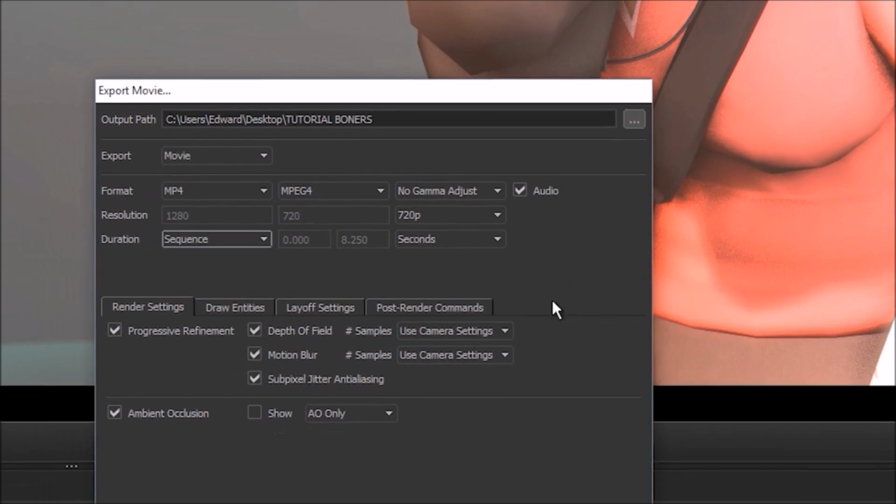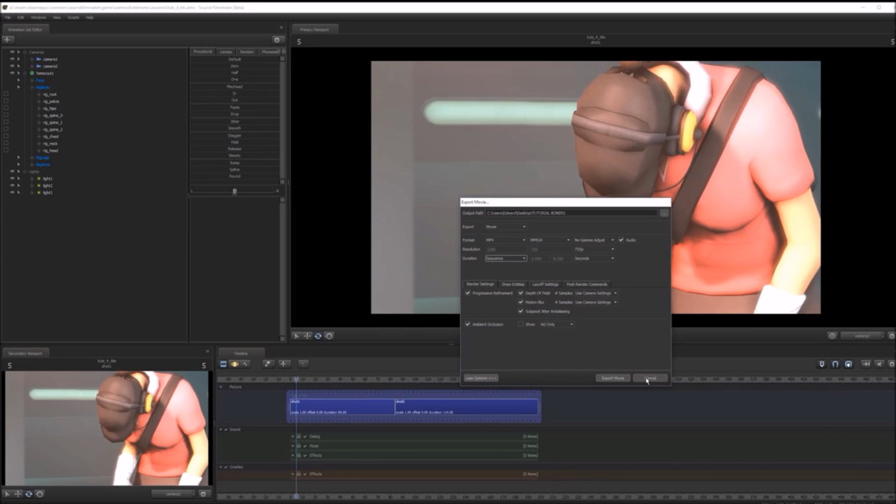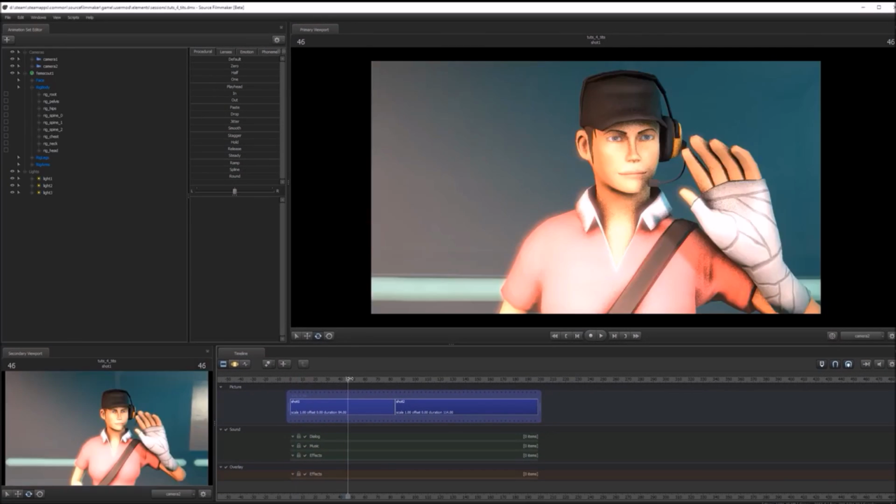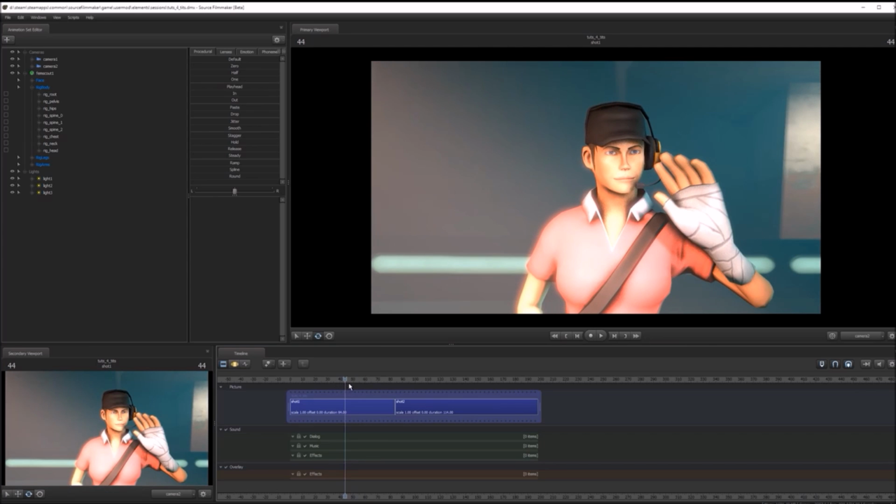The other thing I wanted to mention as well is your render settings. If you want to set all the cameras, on default, it's 8 and 8. 8 for depth of field and 8 for motion blur. This is how many samples it takes. So if you look at the blurriness of the background there, it's not that great. If I change it to say 64, you'll see it just looks a lot nicer. This also goes along for the shadows on her face. When I pause it,